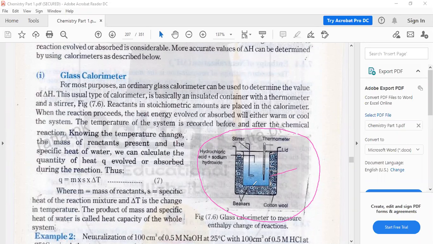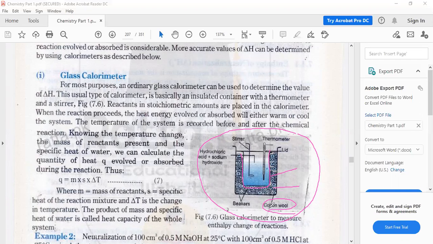This glass calorimeter has 2 containers. First one is this one, and this one is the inner one. Between these 2 containers, the middle portion is fitted with cotton wool to isolate this system, to insulate this system, because this cotton wool will help the heat not quickly